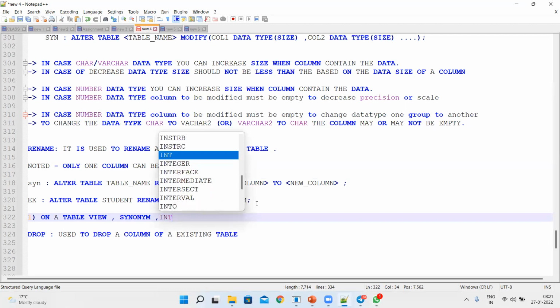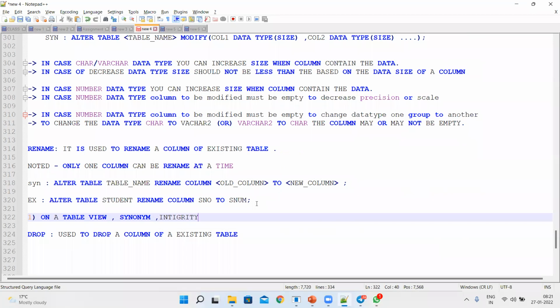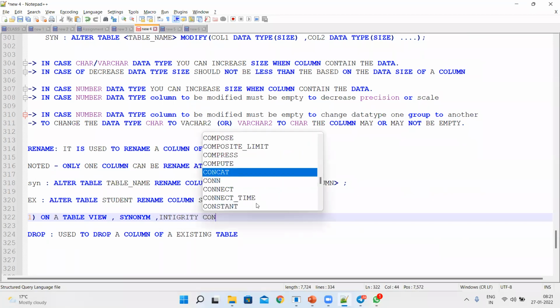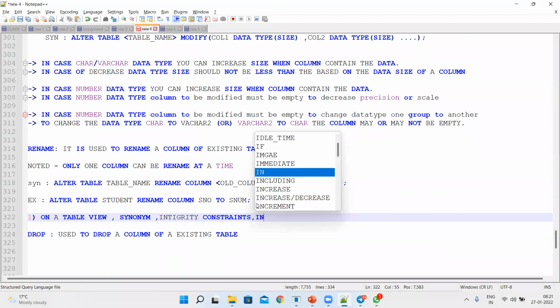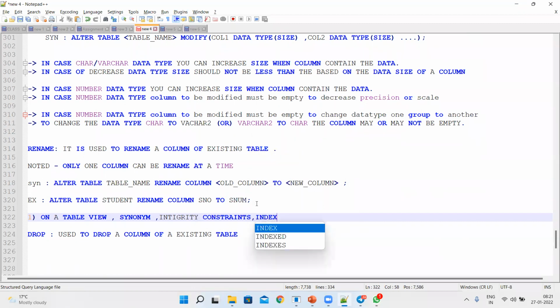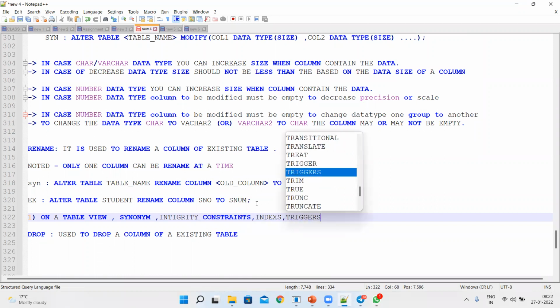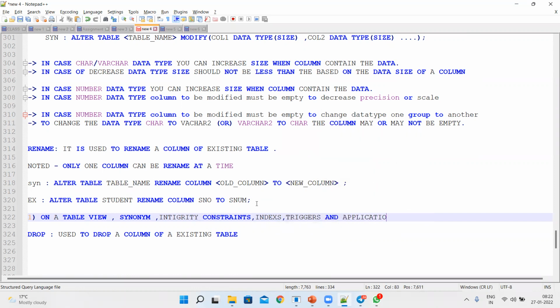These are concepts also; we will discuss them one by one. Integrity constraints, indexes, triggers, and applications. Applications means the applications you have developed, which use the database.